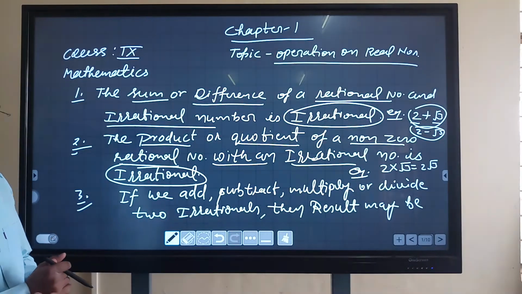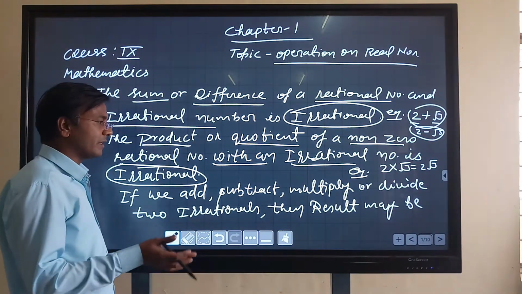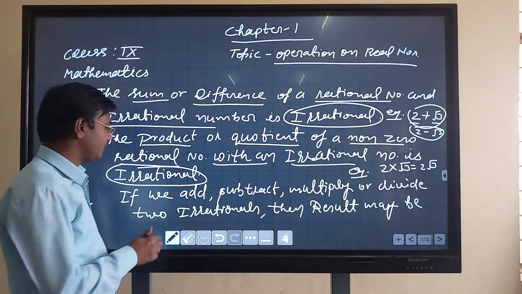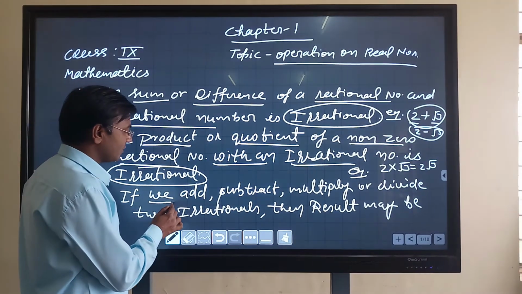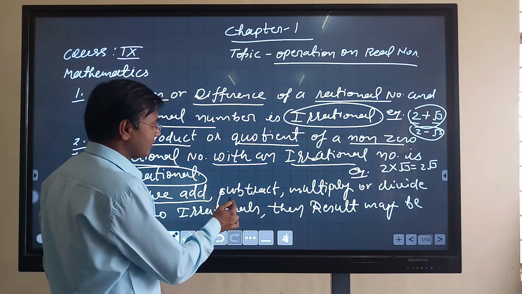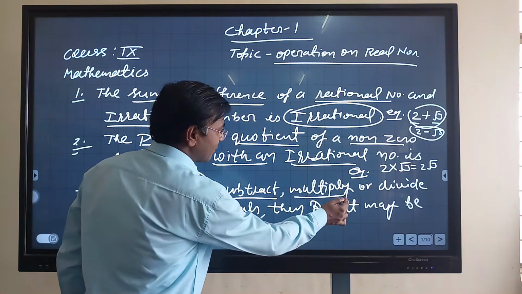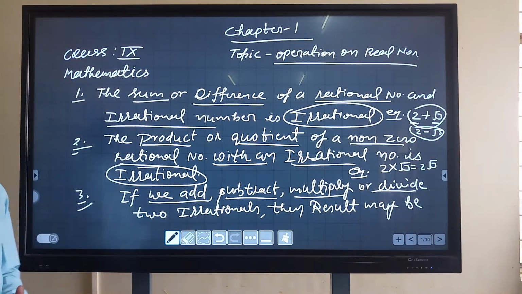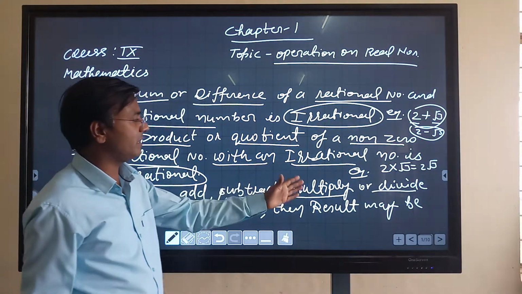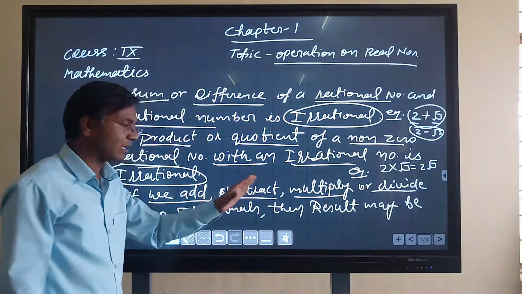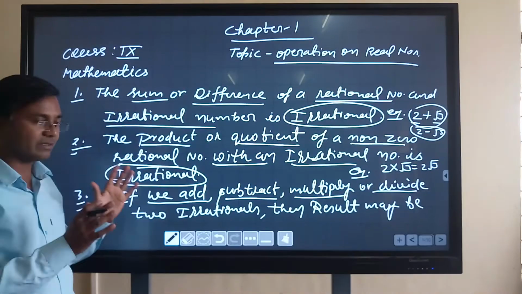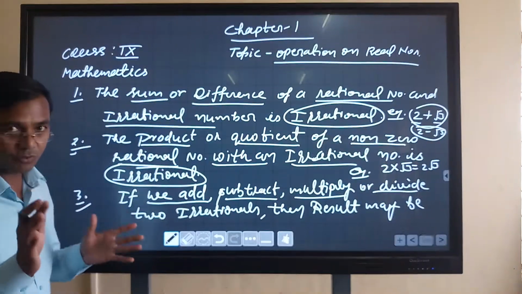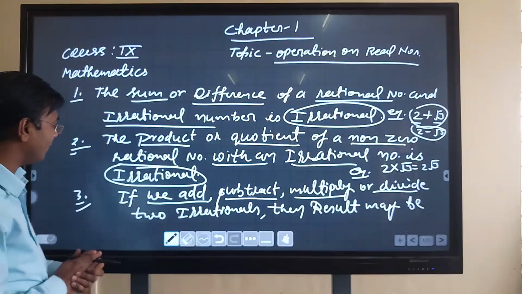Okay, next, the third property, which is important because of the doubtful conditions. You can say it depends upon the condition. So what is the property? See, what doubt is there? We add, subtract, multiply or divide. All four fundamental operations, plus, minus, multiply and divide, are coming in this property. That's why I said this is very confusing somewhere, so understand this property very carefully.